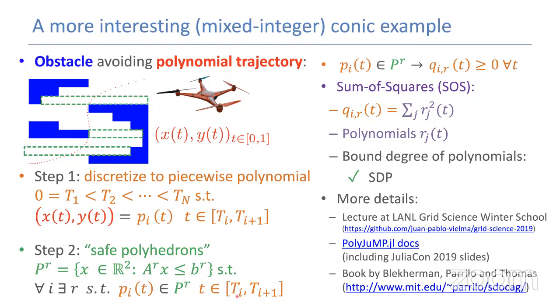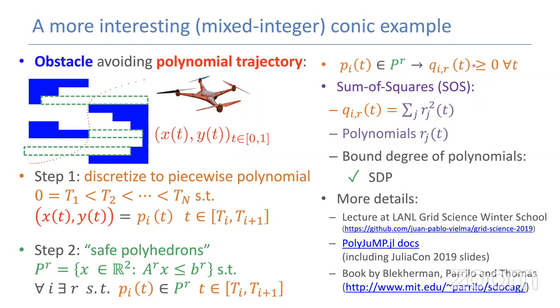So my safe constraint will be, for each one of the intervals, whatever polynomial you're using to describe the trajectory in that interval, that whole trajectory has to be contained inside one of the boxes. I don't care what box it is, but it has to be at least one of the boxes and only one. So this constraint looks sort of complicated. I'm asking for a polynomial to be inside a box, but I can transform that and realize that if I put the polynomial inside the polyhedron and multiply things around, my constraint is going to look like some polynomial in T, slightly different, needs to be greater than or equal to 0.